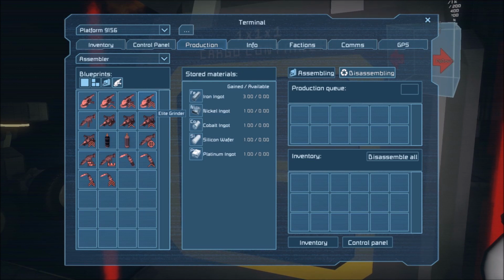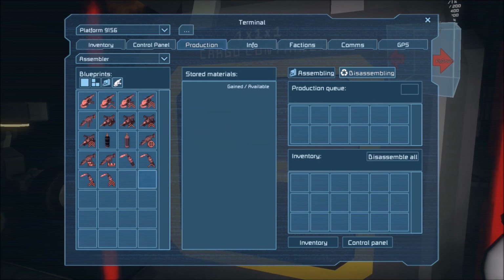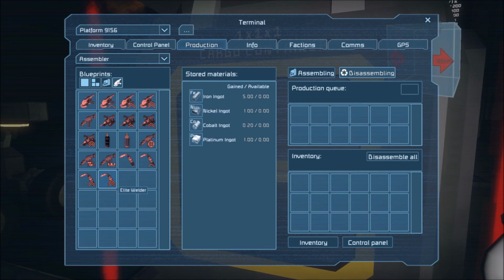We won't be able to get the highest tier grinder or the welder yet because we need platinum. As you can see, we need some platinum, and platinum's only available at the moment in space on asteroids. But we can, if we really want to. I might actually do that now. Actually, we'll make the